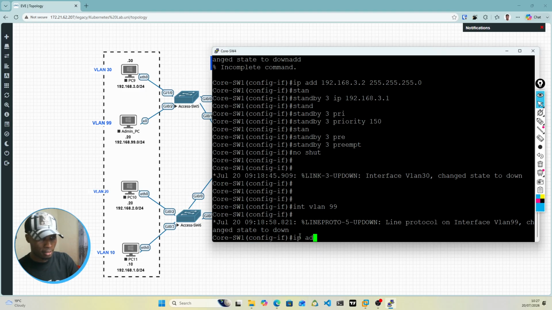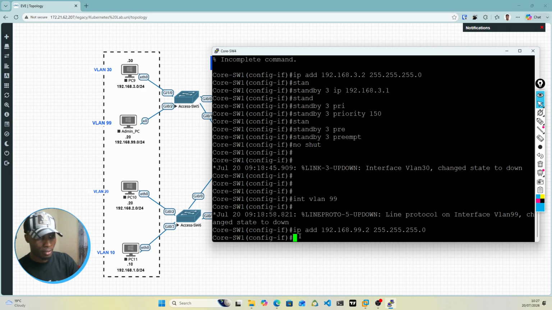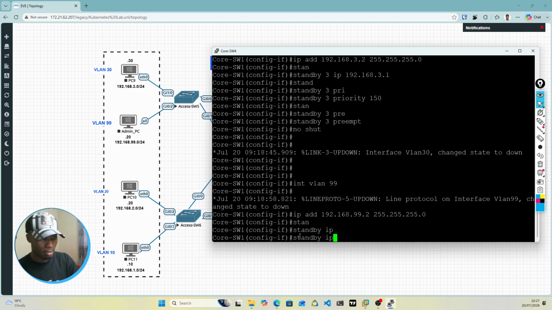the IP address, 192.168.99.2, subnet mask. Then we are equally going to take the standby IP, standby, just put 9, IP, we put the IP address 192.168.99.1,